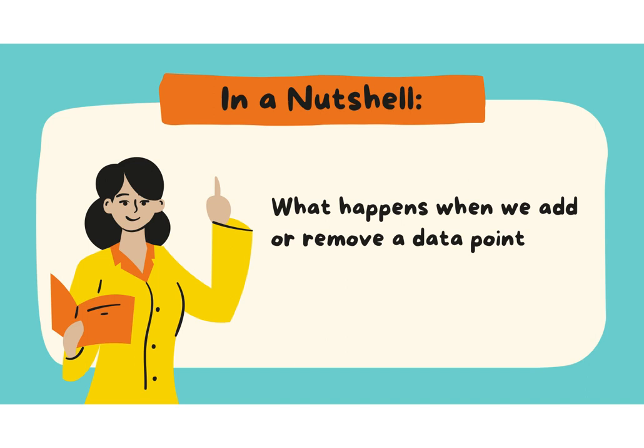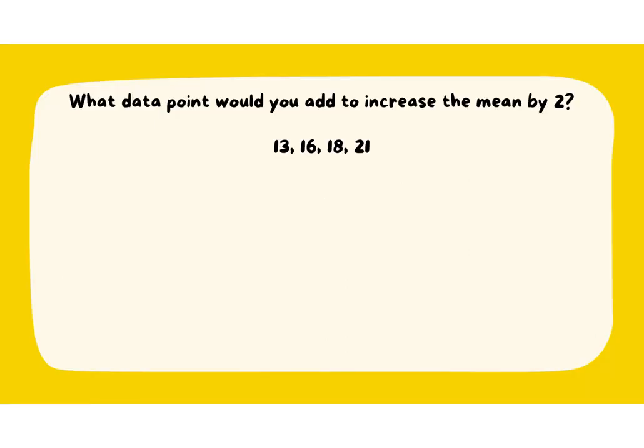So in a nutshell, this skill is all about what happens if we add or remove a data point from our set. So right here, we're asked what data point would we add to increase the mean by 2. So first things first, we need to know what the old mean is. We're given these 4 points. So if I add those together,